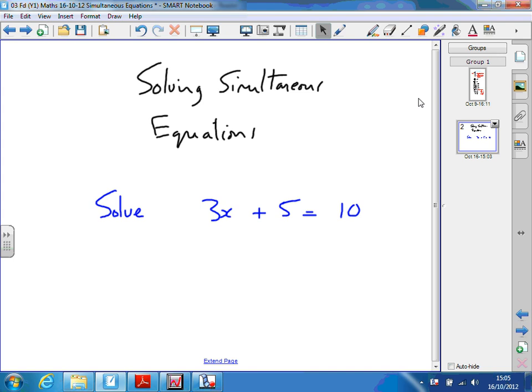Simultaneous equations. First of all, let's look at solving the equation 3x plus 5 equals 10. But what I want to do is to solve it by plotting the graph. So if we used some graph plotting software, we would plot